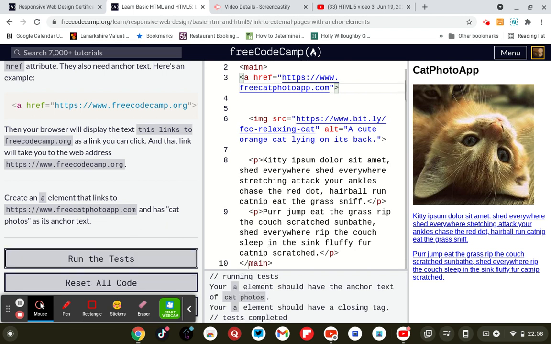Right, so that's not how you do it. Run test. Your A element should have the anchor text of cat photos. Your A element should have a closing tag. Test completed. Wait a minute. A href equals https